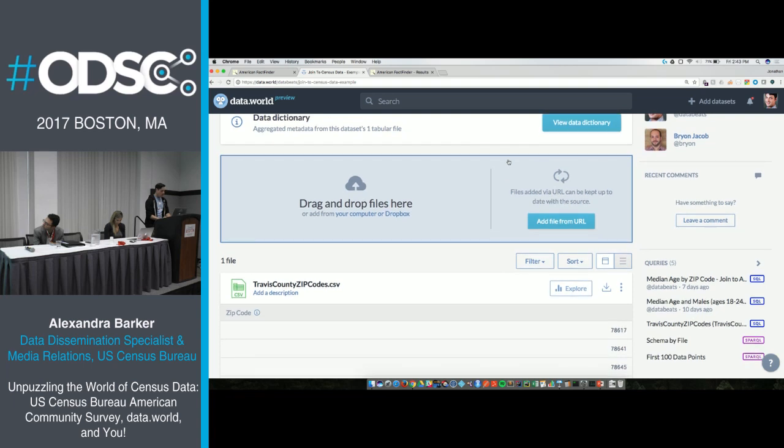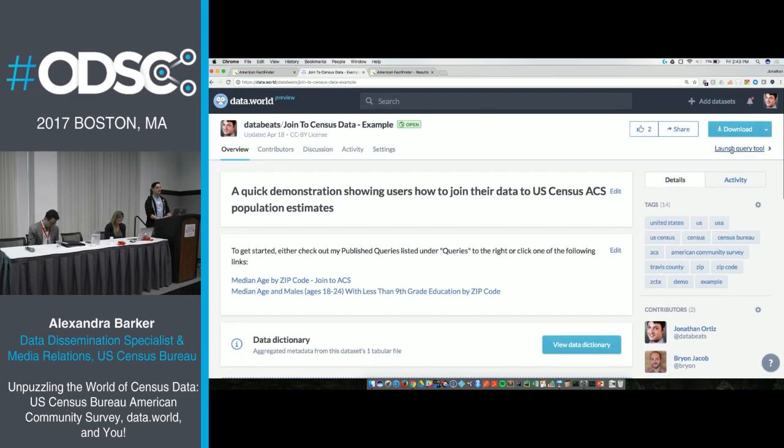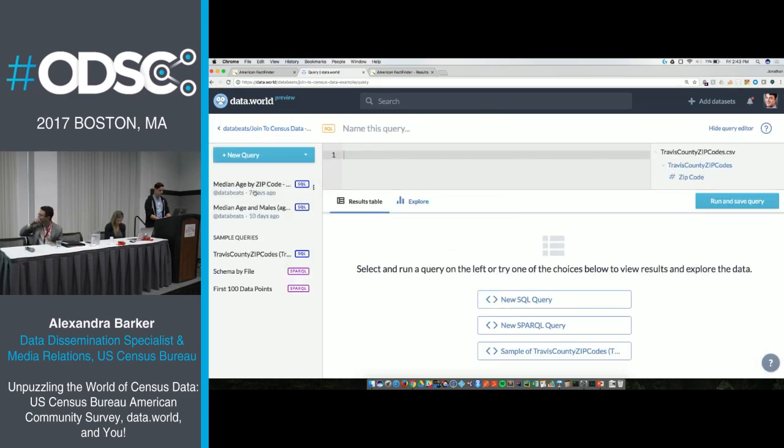Because everything that is ingested on data.world is automatically ingested and translated into a graph database on the back end, you can upload CSV files, Excel files, tabular JSON files, SQLite, and a lot of other formats, and we will automatically ingest them, and you can query across those with SQL regardless of their format. It also makes it very easy to join to other people's data on data.world, including the census.